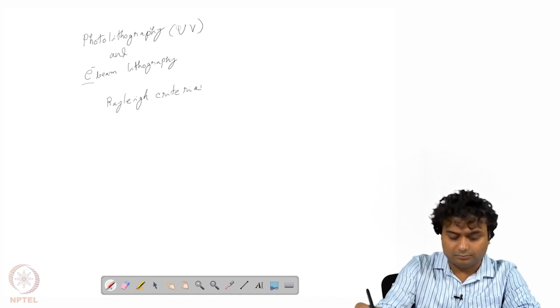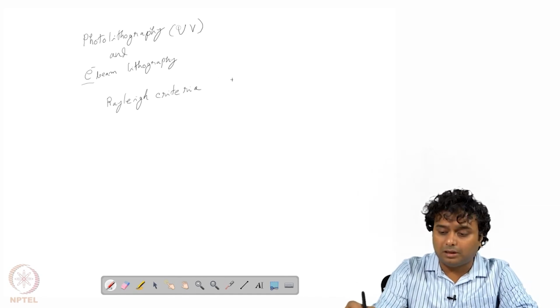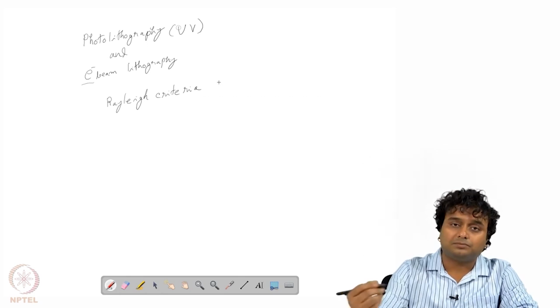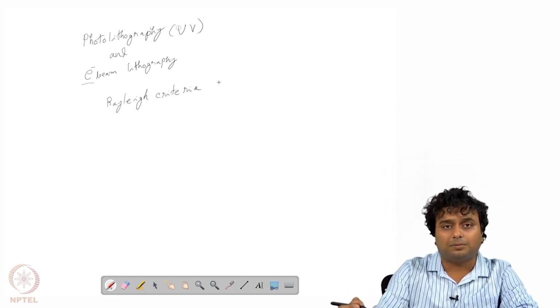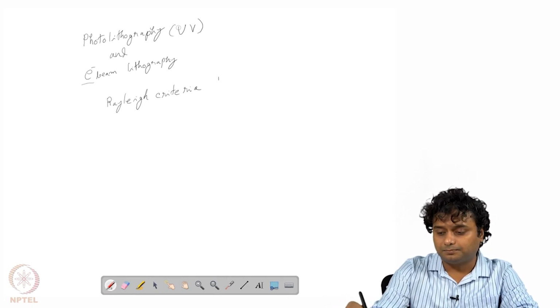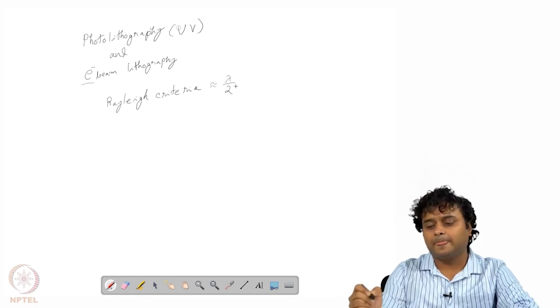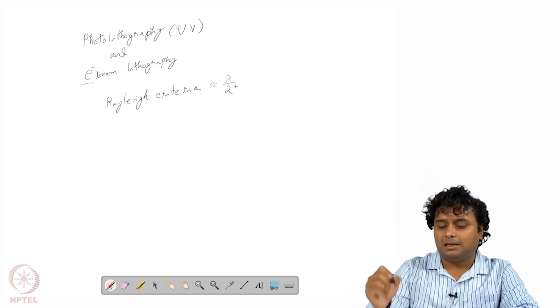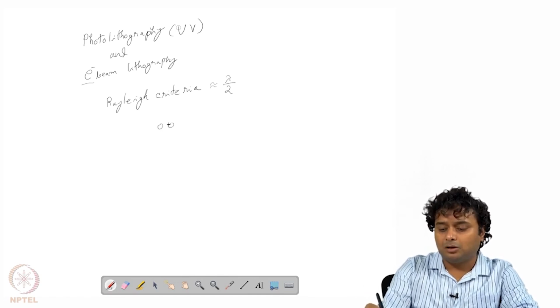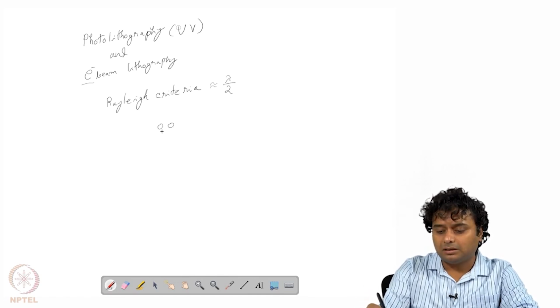So, according to the Rayleigh criterion, with any kind of optical light, the resolution is limited to almost lambda by 2. What does that mean? Let us say we have two particles which are separated by a distance d,